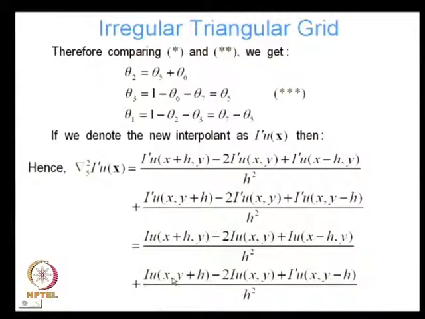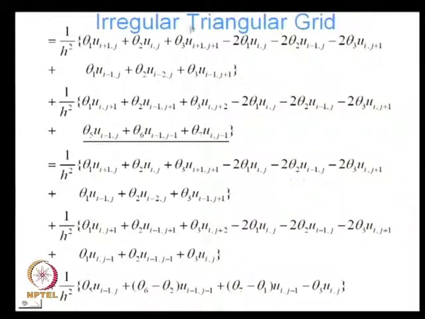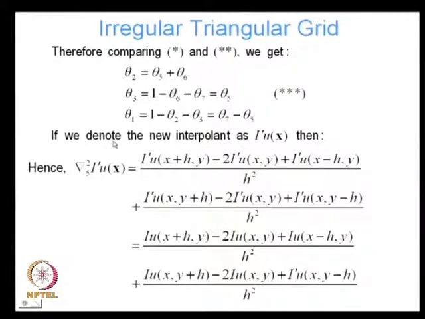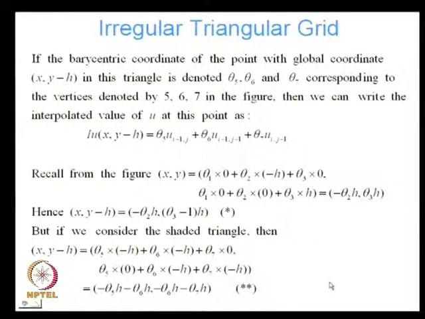This part remains the same as the previous interpolant. The only thing that is going to change is this one that we have seen earlier, right. So, this I can write as this, where this I calculated using the regular grid. So, the only part that is changing is this part. Again, this is just the expression for that, right. This we have seen earlier, writing it in terms of these quantities, and now the only thing that has changed is this term, right. This term I can write from my previous expression,